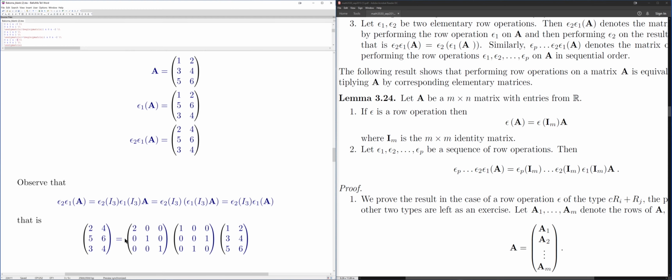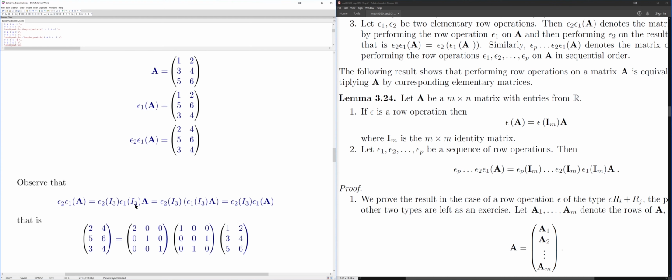And then multiplying by this first one out in front over here has the effect of now taking the result from here and then multiplying your first row by 2, right? So you're going to get a 2, 4 over here, right? Anyway, here is how you want to read this: I have matrix A over here, and I'm going to apply row operations epsilon 1 and epsilon 2, right? And to apply row operations epsilon 1 and epsilon 2, I can do it by multiplying by suitable elementary matrices,